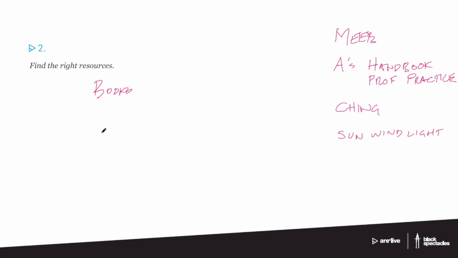So find your resources. You have the resources already. If you aren't working right now and you don't have those resources, or none of your friends have gone through it yet, well, then find other resources. Another good example would be your local AIA chapter. Here in Chicago, the AIA Chicago chapter does a great job of setting up, having resources available, setting up meetings, all kinds of things. And then AIA in general has a whole series of different things called emerging professionals, and a series of different events that they run.